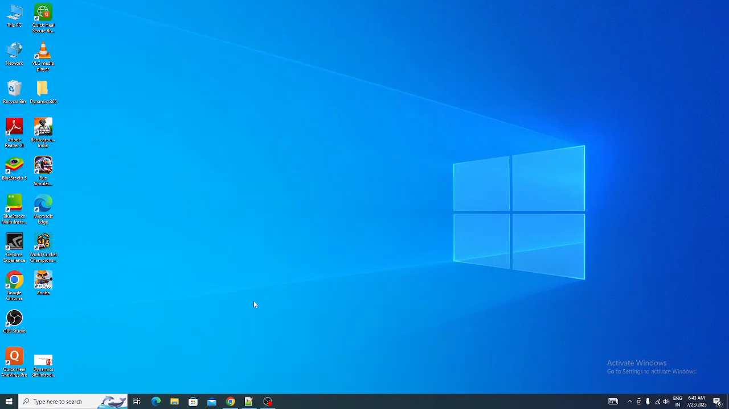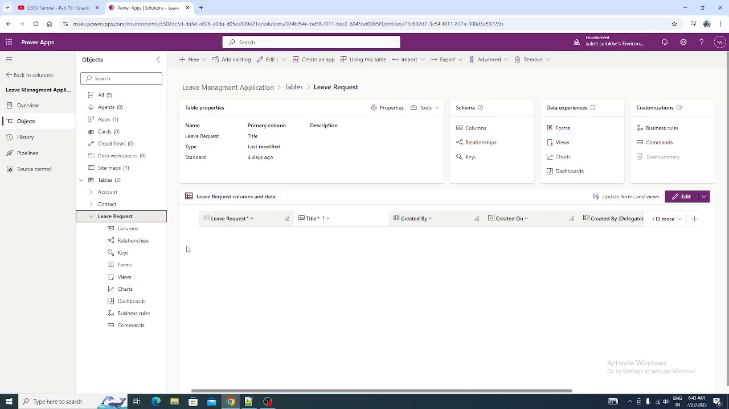In today's lecture, we are going to see adding tables to the application. Okay guys, in our last lecture, we created our custom table, leave request. So we are going to see how to add this leave request table inside our application. Before that, let me show you all these forms, views and relationships in